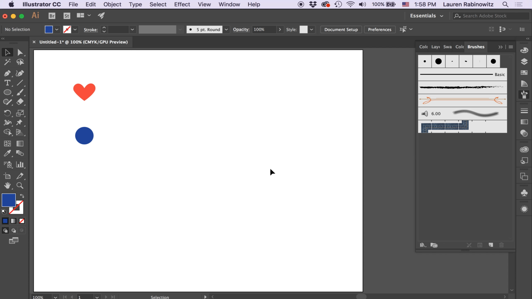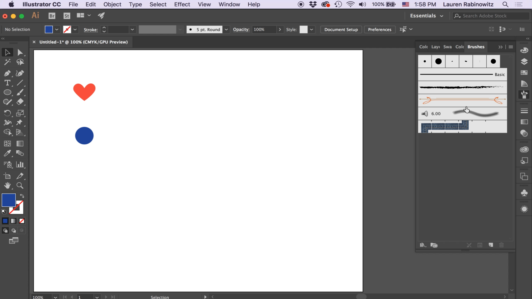Today I'm using my brushes panel and a couple of shapes that I created with the shape tool. Not going to tell you how I did that one. It's another tutorial, but it started out with an ellipse and I have just a basic ellipse here. I'm going to make some very simple brushes using the new brush feature in the little sandwich menu of the